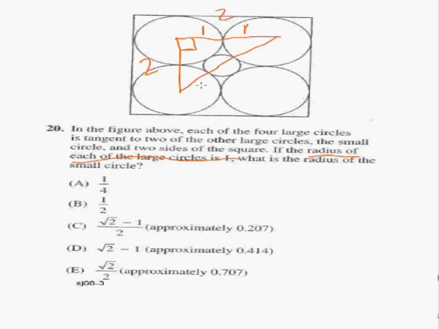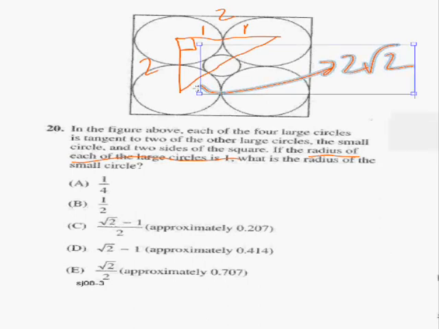So what do we know about this? The hypotenuse is 2 radical 2. Okay? Now, what else do we know? We know that this piece here is 1. And this piece up here is 1. Again, those are the radius of the larger circles. So the diameter of this small circle is 2 radical 2